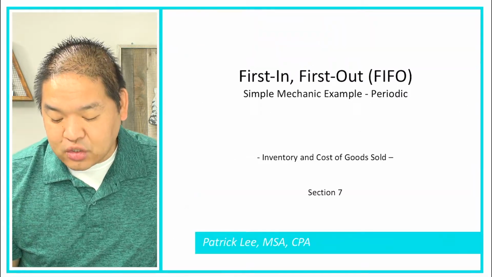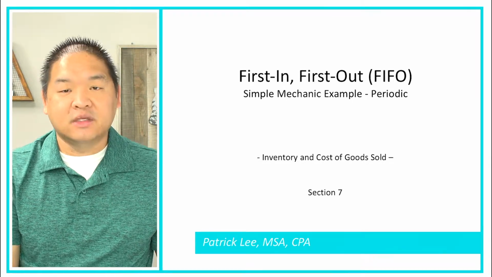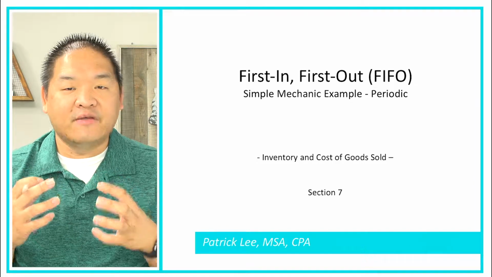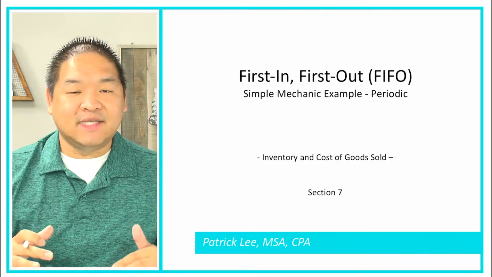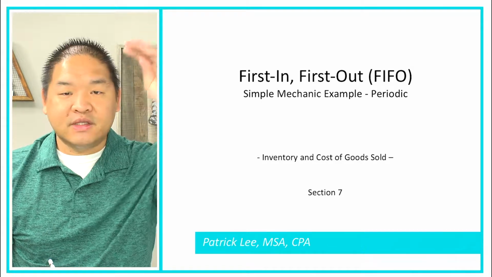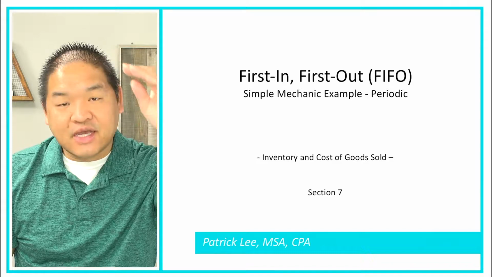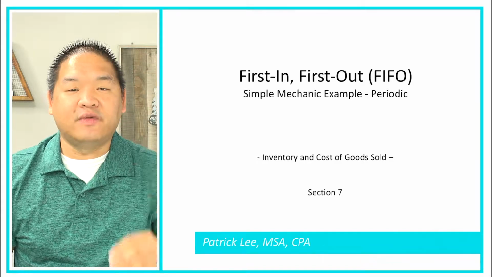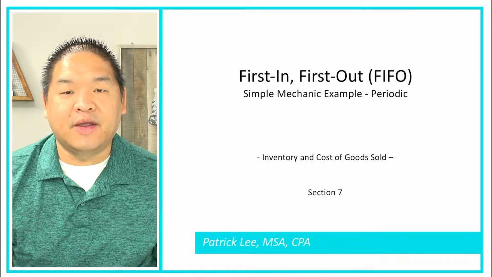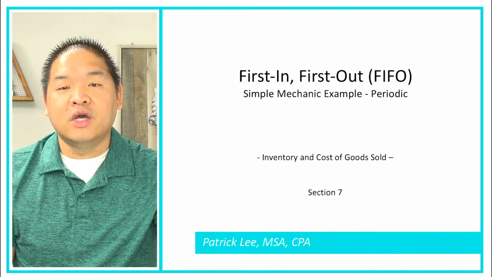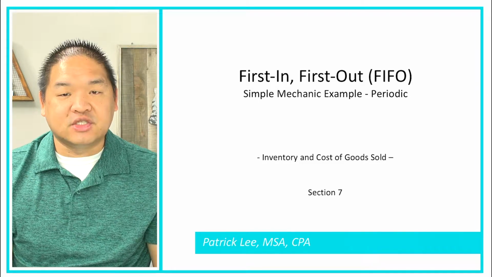So that is a look at first in, first out, simple mechanics. Really what I wanted you to get out of this lesson is to understand that we line up all of our costs by date, and then we start picking from the top. Pick from the earliest one, then the second earliest one, and we keep going down until we've allocated to all of the units that we've sold in the period. In this case, it was just 2, so we picked off the first 2,